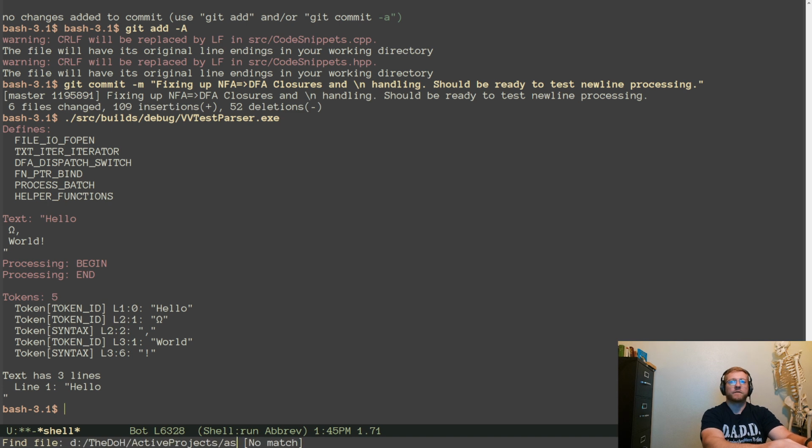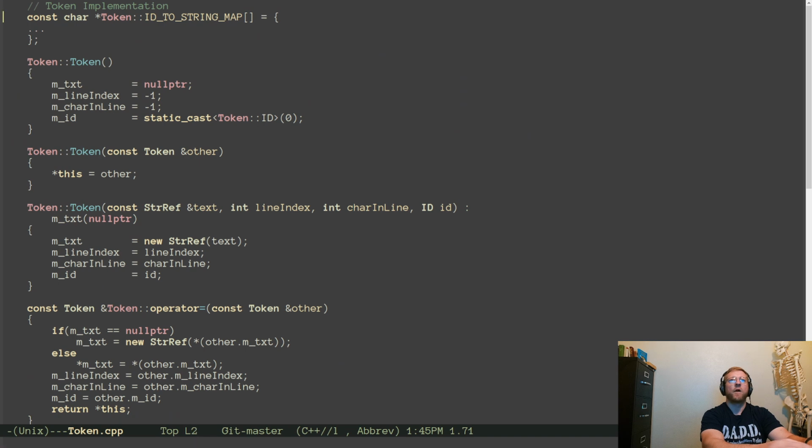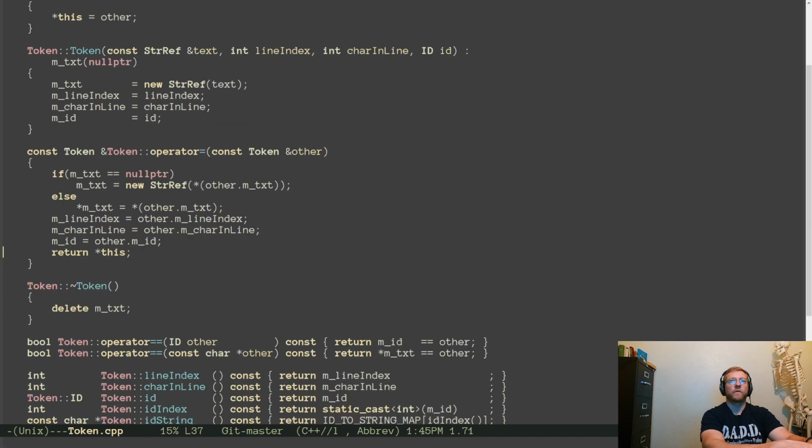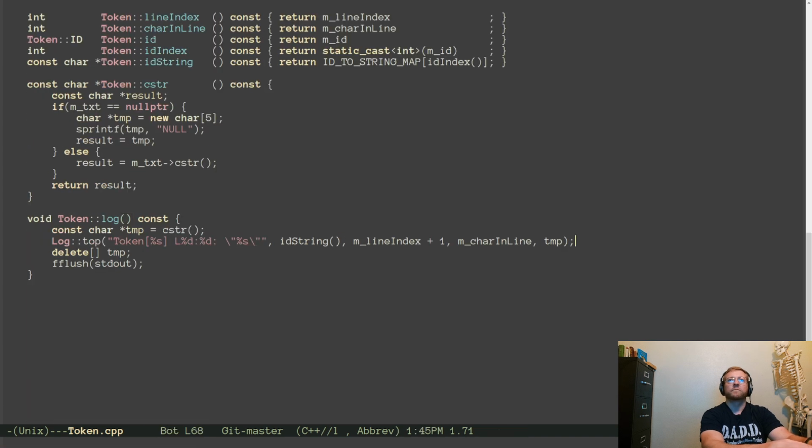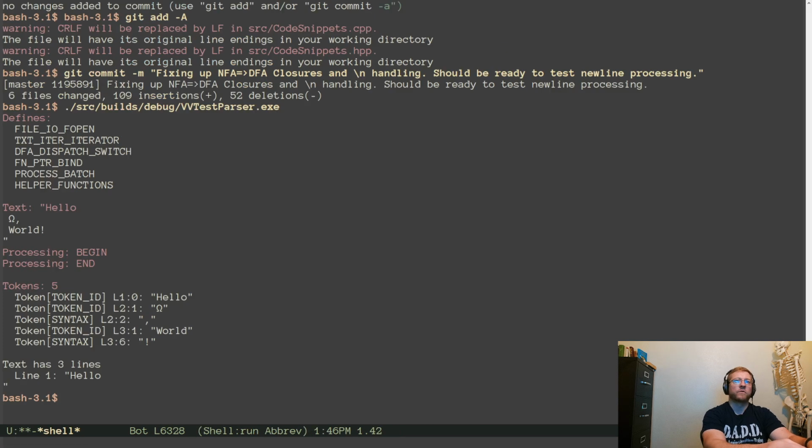Okay. So let's go to assets. Oops, B assets. Code snippets. Token. Log. Running 1 to the line number, we should add 1 to the character in line. So instead of having an index, we're having an ordinal number. That'll fix one thing. I think most people are like the 0th character. Usually line numbers and character numbers are not indices. Okay. So that's part 1 of our testing.